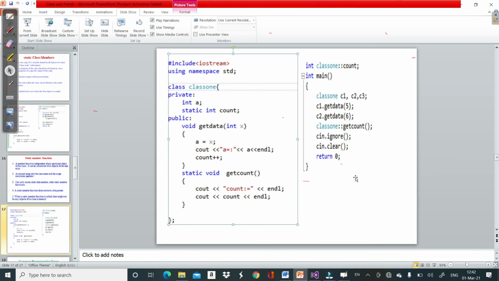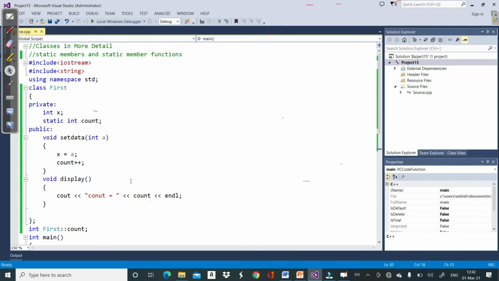So let's say same class, this class has a static int count, and now we have a variable. Now for this get count function, I write a static function using keyword static. So now this get count function can be called without any variable, for example without any object.